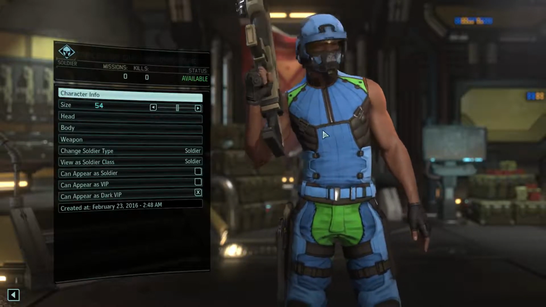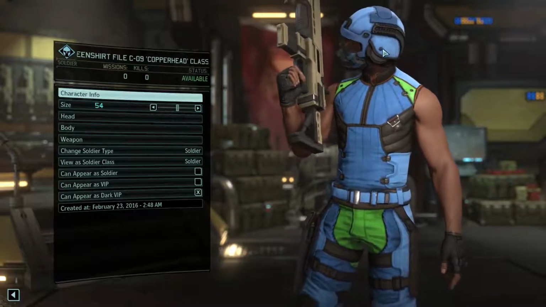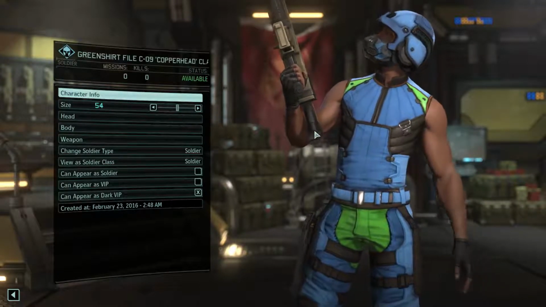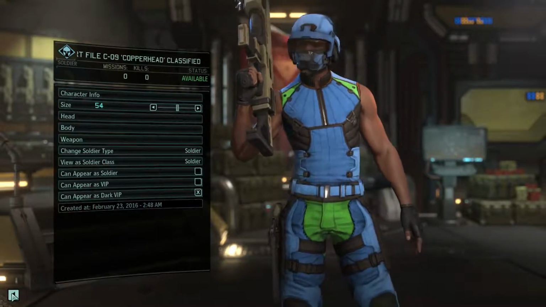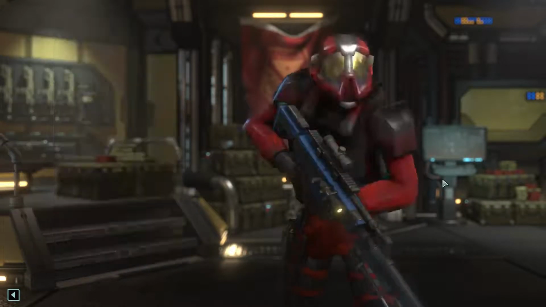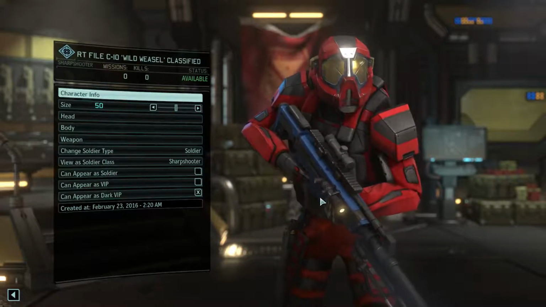He's got the same sort of problem as Wetsuit. But I think this is a real good helmet for him. There are lots of different pieces that can be used in combination to make helmets and stuff, and I think this was a very successful one. So it's Copperhead. Wild Weasel, another sort of helmeted guy,